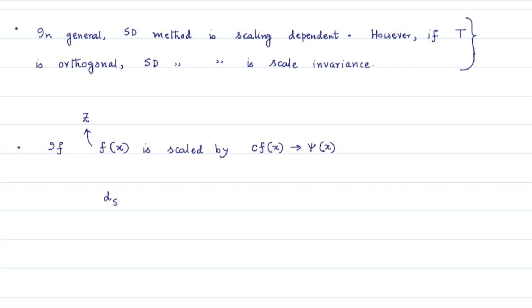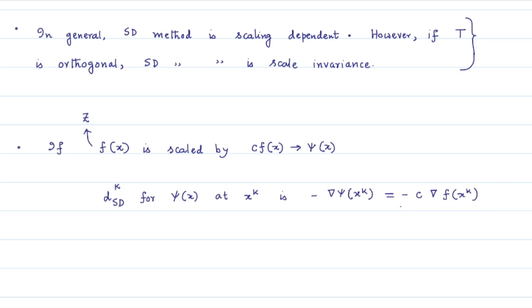The steepest descent direction at the current iterate xk for the scaled function psi is given by the negative of the gradient of psi at xk, which is simply c times the negative gradient of the function f at xk,